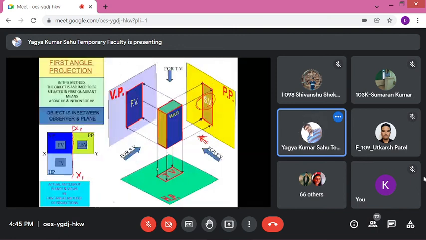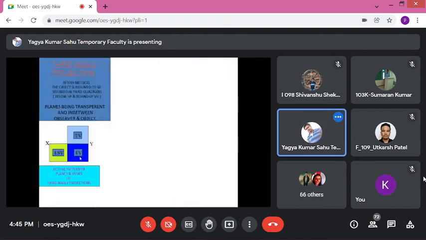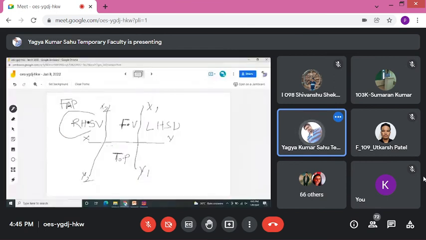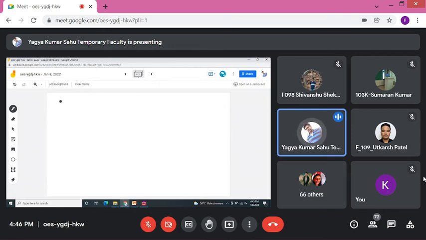So you'll get another side view, this side, left hand side of front view, which I have written in this whiteboard also. Here, right hand side view on the left hand side of front view. So in case of first angle projection, you'll get front view above xy, top view below xy, left hand side view on the right hand side of front view, right hand side view on the left hand side of front view. In case of third angle projection,